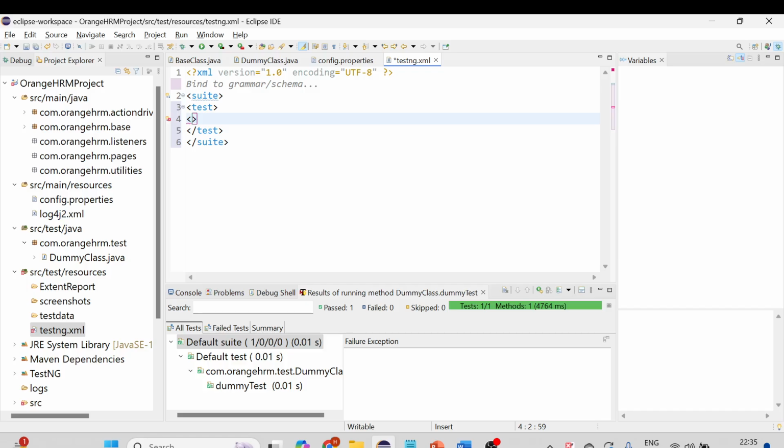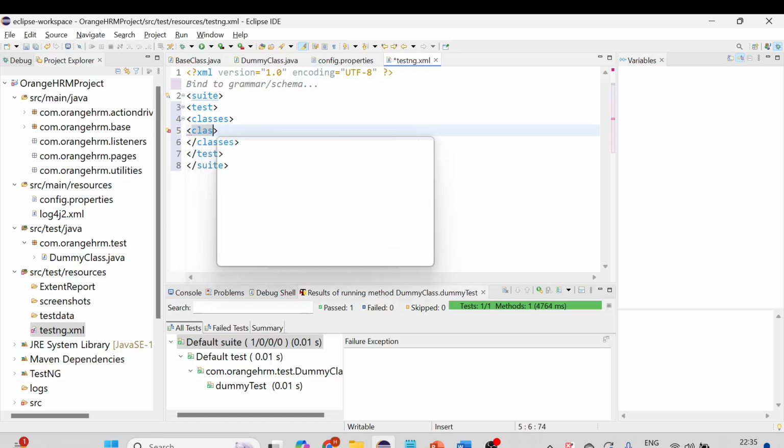You can learn about the complete TestNG tutorial I have listed there, right? So you can learn more about TestNG. And the next tag is classes, and inside classes all the test classes will be included. So class,